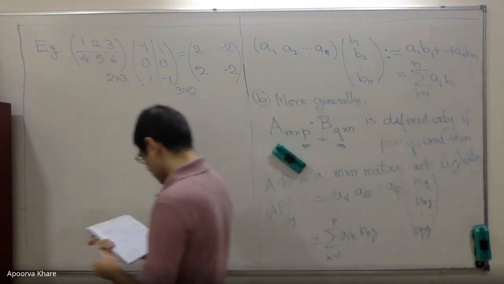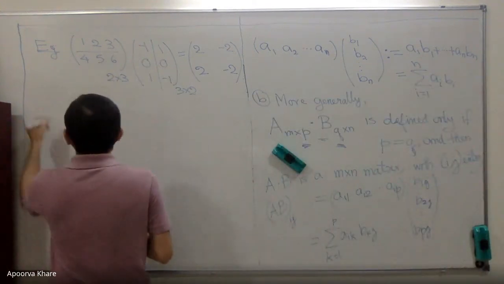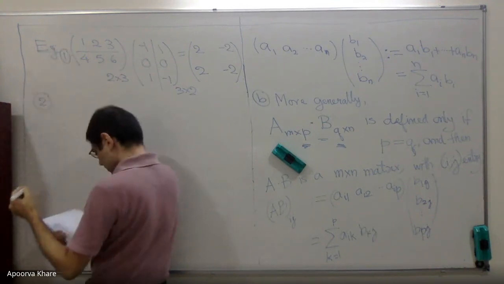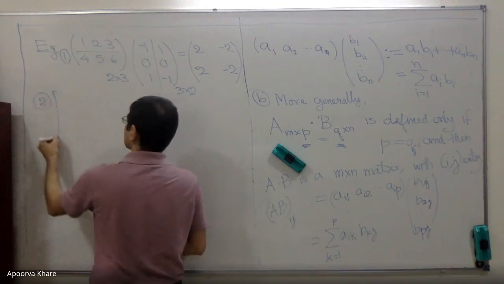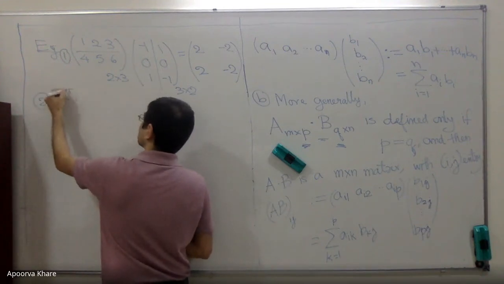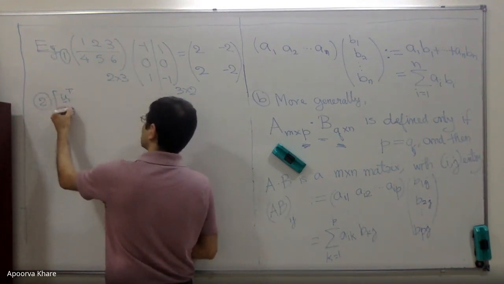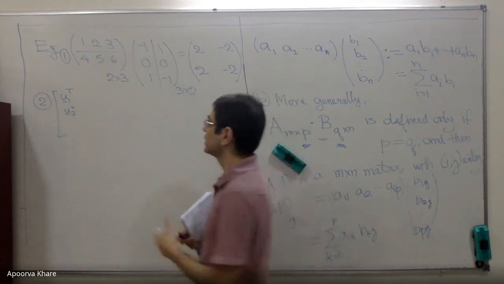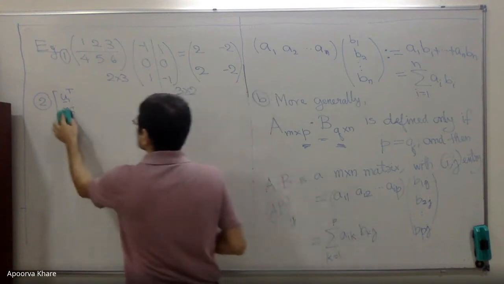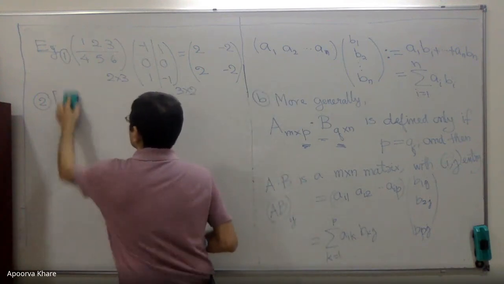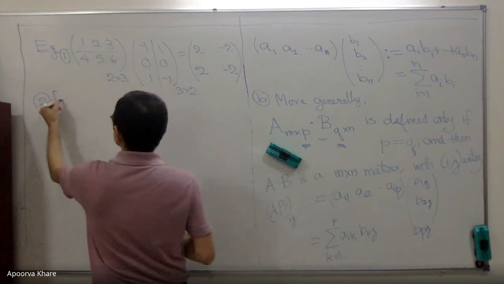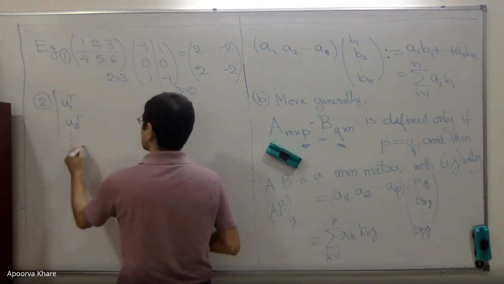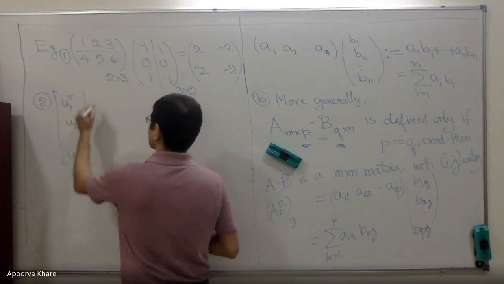Great. So in general, let me say it this way. Suppose I have a matrix. Let me write down the rows of the first matrix as U1 transpose. Remember, I prefer to use all my vectors as column vectors, so therefore I have to write transpose for rows. So U1 transpose, U2 transpose, up to UM transpose. There are M rows in my matrix.